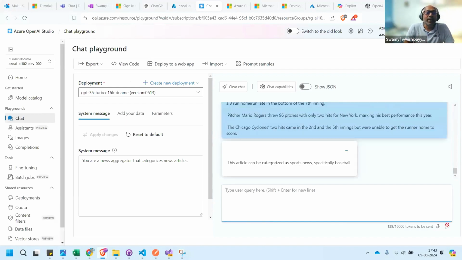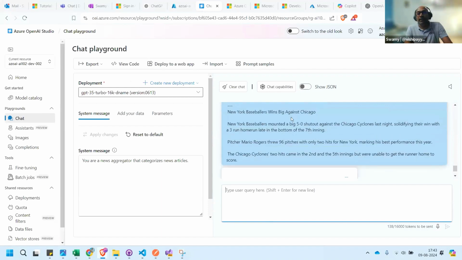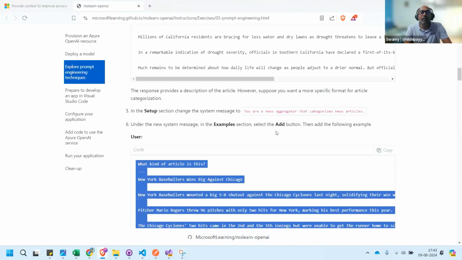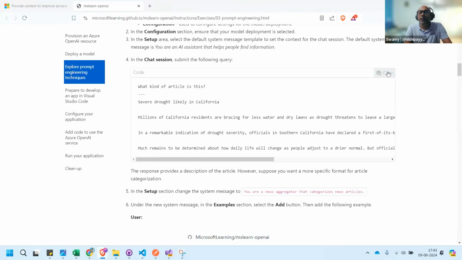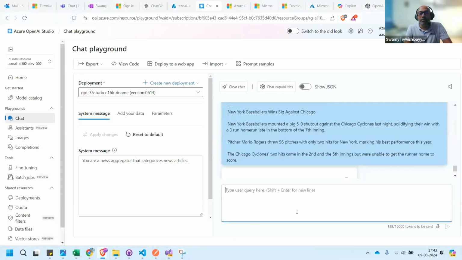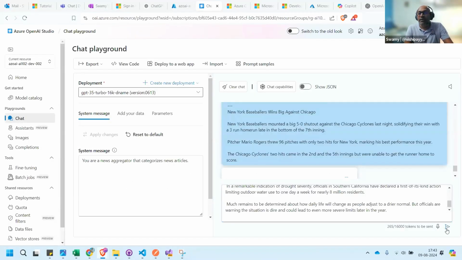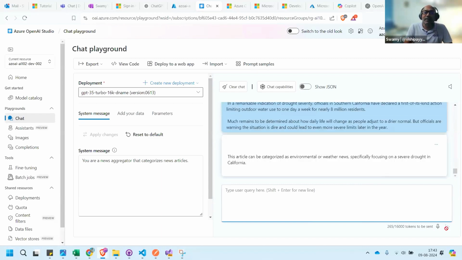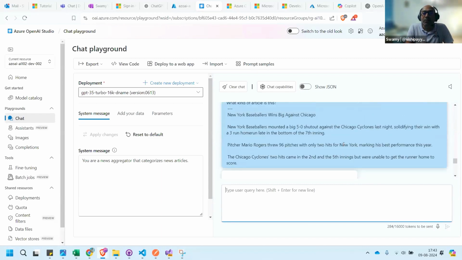So this can be categorized as sports, because that's what it is, speaking about baseball. Let's go and give the previous one, whatever it was. And we remember previously it gave us a little bit descriptive answer. Let's go back.